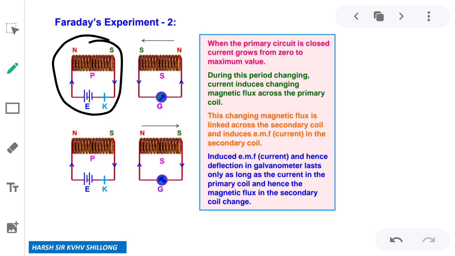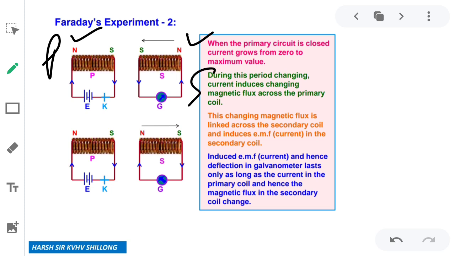Just to understand whether, if we change the source, magnetic fields are there, flux is there, but if we change the source, will we have the same effect or not. So if you see here also, they have moved the secondary coil. This is the primary coil, this is the secondary coil, primary and secondary. The secondary coil is moved, the primary is stable. The primary is producing current, producing a magnetic field.